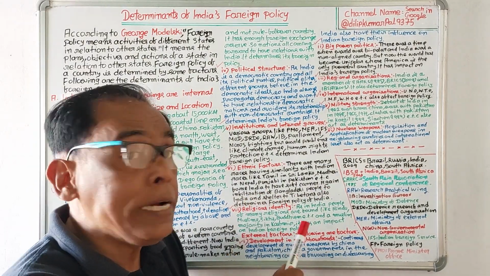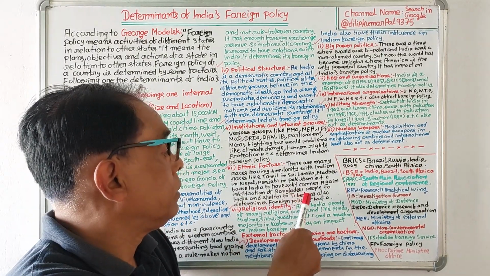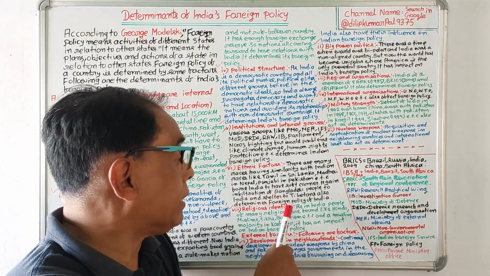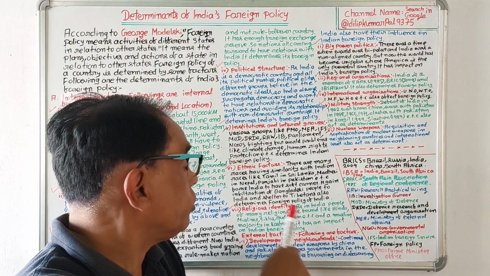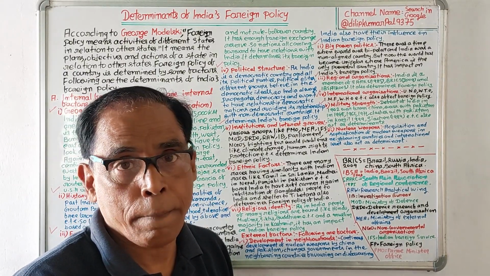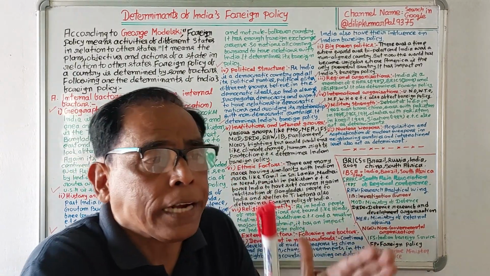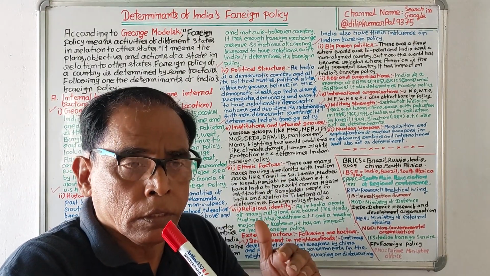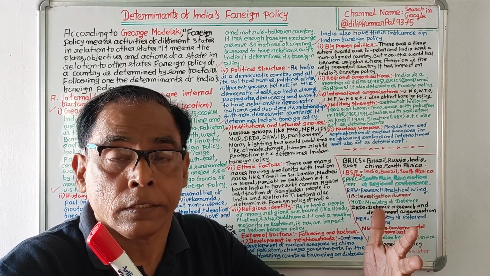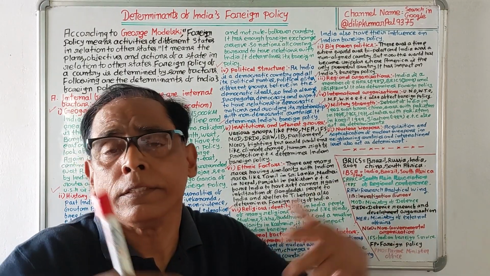Again, infiltration of Bangladeshi people into India and shelter to Tibetans in India also determine the foreign policy of India. So, the ethnic factor also determines India's foreign policy, because there are some races in the border